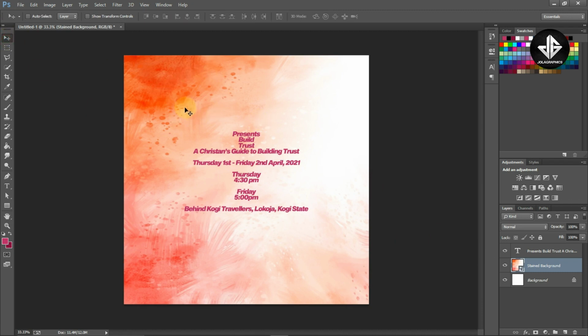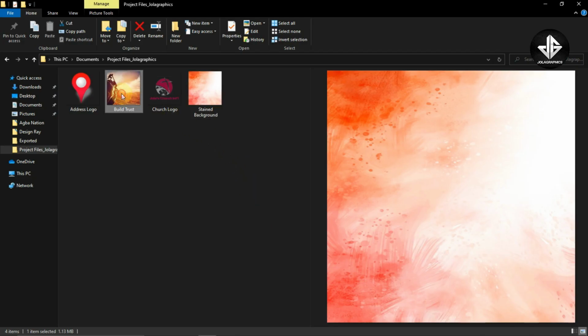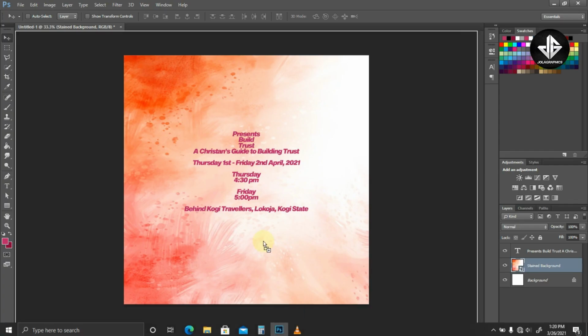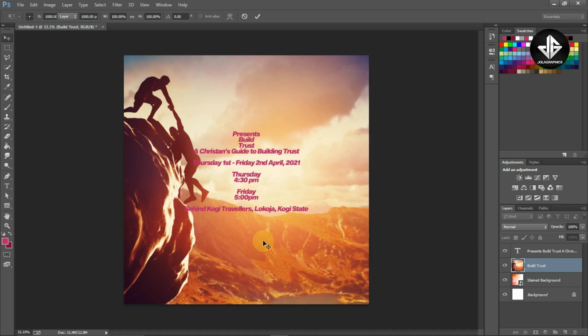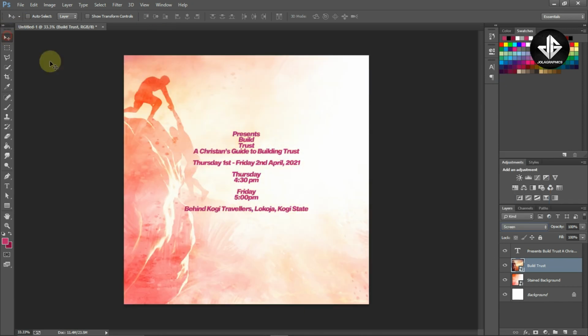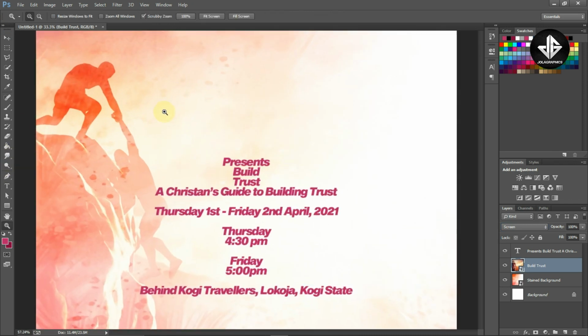So what I have in mind is to create a screen layer style over here, where this background is going to actually blend well with our real background. So yeah, I just actually drag this in and hit enter. Then you change the blend mode to screen. So we've got screen over here, and as you can see, it has a beautiful effect right here,